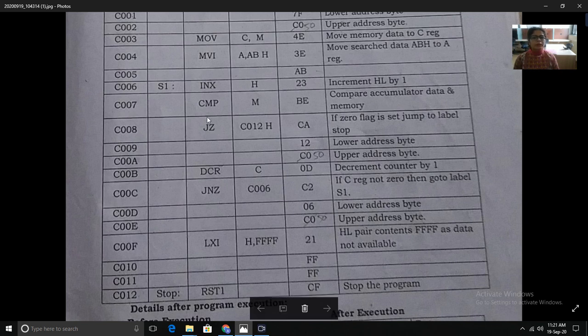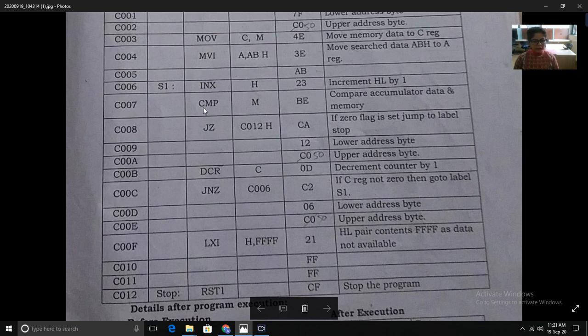So this instruction tells that we found the item and now we have to stop the execution. CA is the hex code of JZ, 12 is the lower address byte and 50 is the upper address byte where it has to jump.